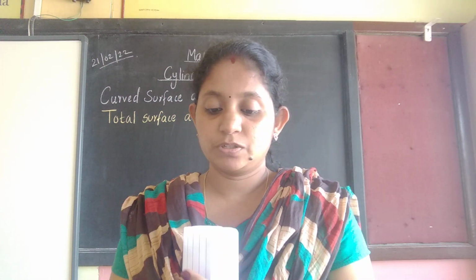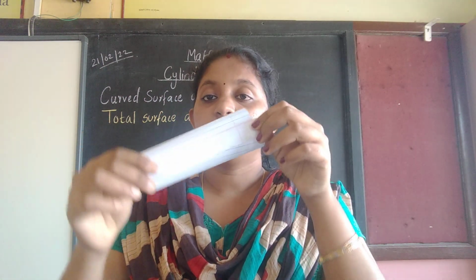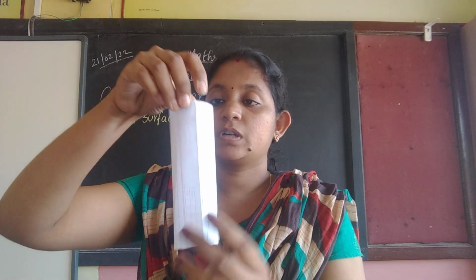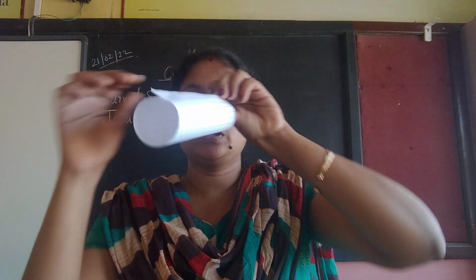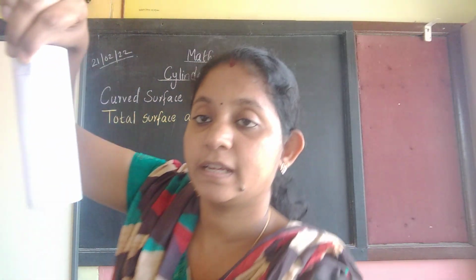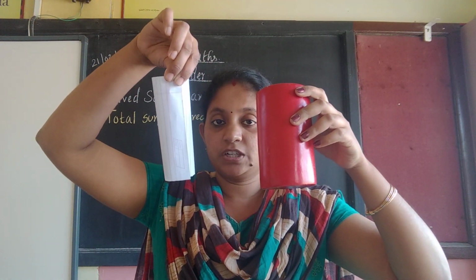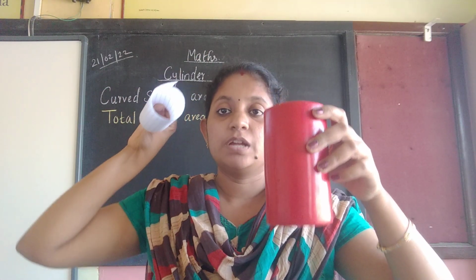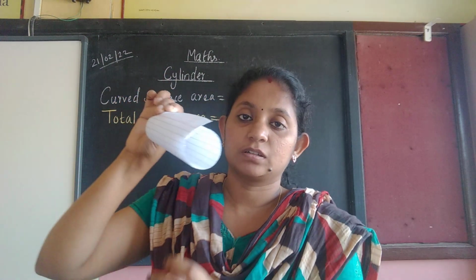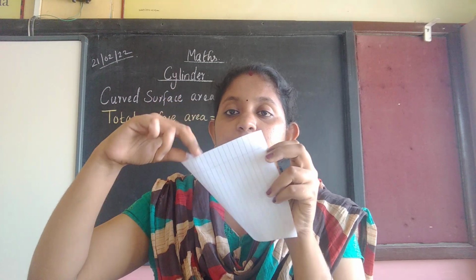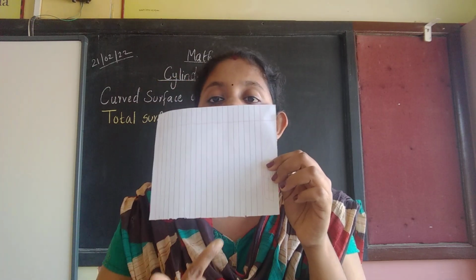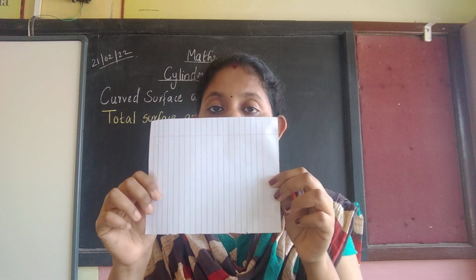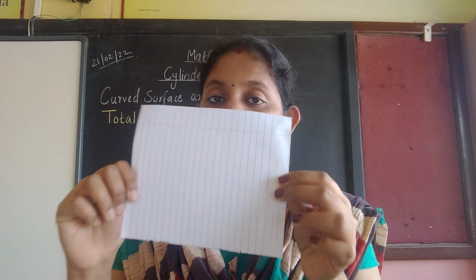Now just for an example, students. This is a piece of paper, okay. When I place it like this, you can see it is cylindrical in shape. Yes, it looks the same as this cylindrical shape, correct? So it is a cylinder. Now when I open the cylinder, what happens? If I open it up, it looks like a rectangle, isn't it? You can see this and this are equal to each other. You can see it is 90 degrees, it's straight. So this becomes a rectangle.